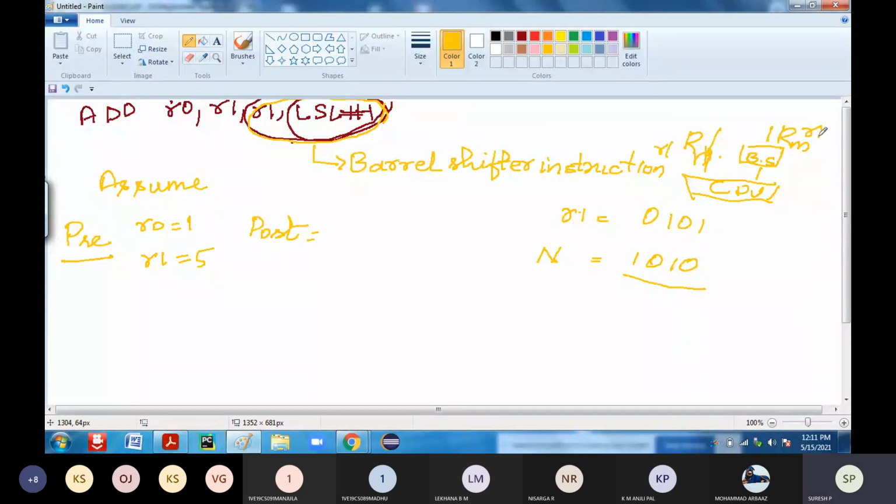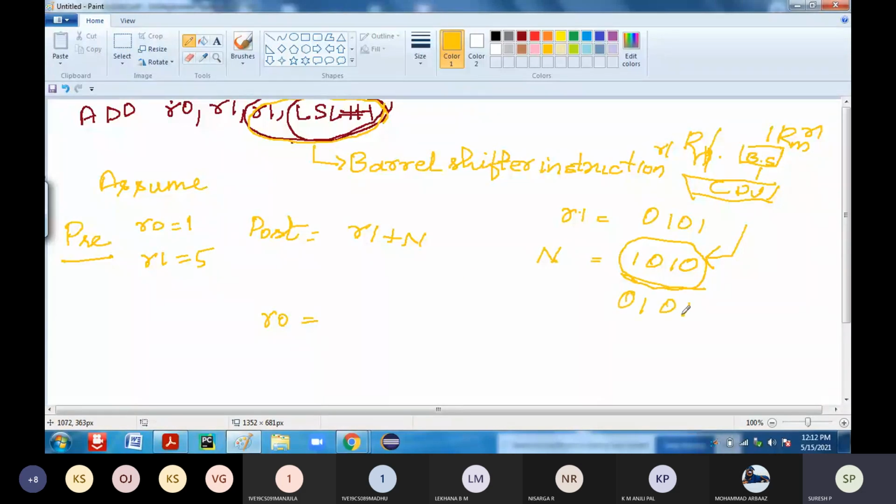Once it comes out, the value n will be 10, that is 1010, shifted left by 1 bit. Now it is going to add the contents of R1 plus n once the instruction executes. Here you can take this as R0, and R1 is nothing but your 5.